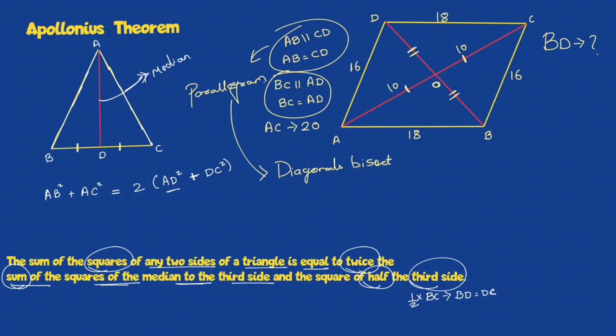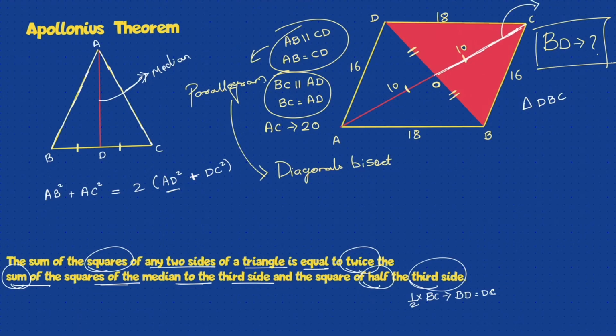So I am being given here, what is AC? 20. So it will bisect into 10 and then 10. Okay, so now I know how the figure looks. I am being asked what is BD. So even if I know BO or DO, I'll do twice of that, and that will be my BD. Now let's just consider this triangle, the one drawn in red. This is the triangle DBC, in which CO is a median because it is bisecting DB. So CO is acting as a median right now.